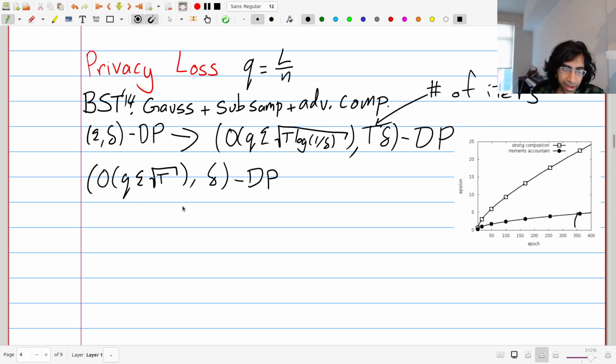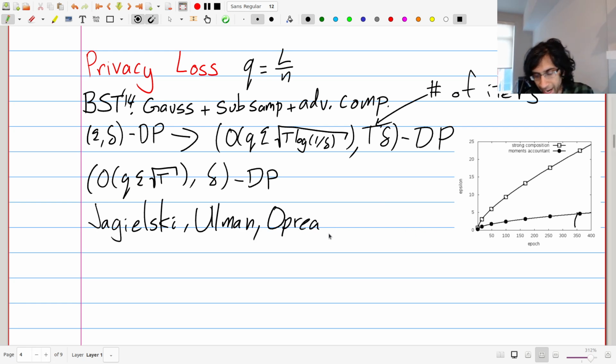And so there's a complementary line of work. Say there's one work by Jagielski, Allman, and Oprea, and again I cite this in the notes, which essentially asks how private is private SGD, and shows that we're pretty close to the actual privacy guarantees, in the sense that they provide data poisoning attacks which are equivalent to privacy attacks here, showing that it's impossible for us to go all the way down to here in terms of the privacy guarantee, because there's an attack that they generate